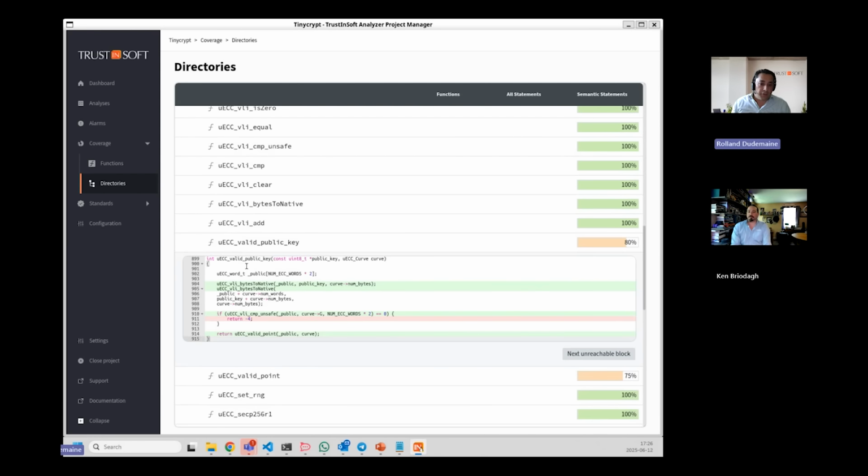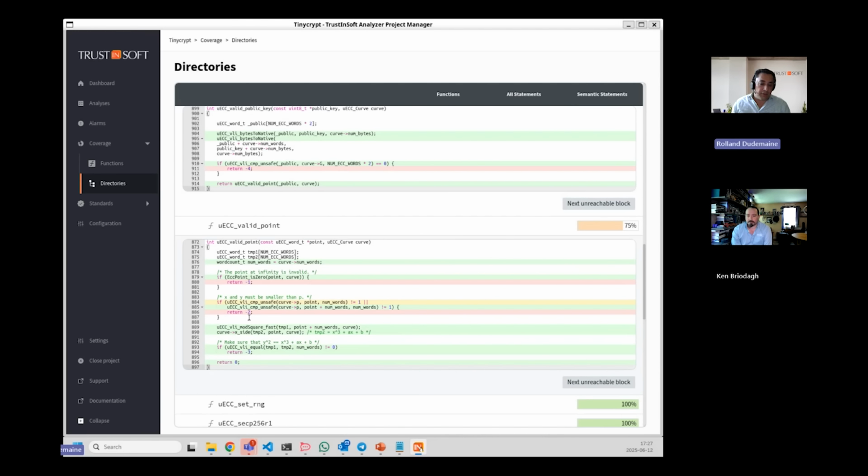So here I have a function, for example, and it's clear just by looking that we did reach these lines, but we did not reach that one. So obviously, if you want to do thorough testing, you want to focus and create new tests for those values there. That's still inside the project manager.